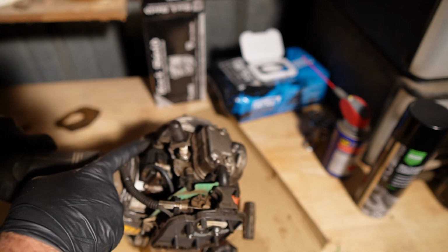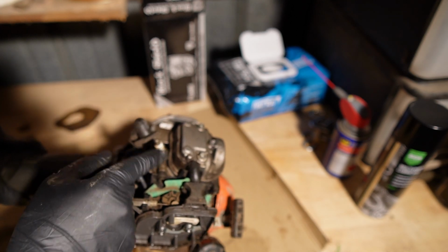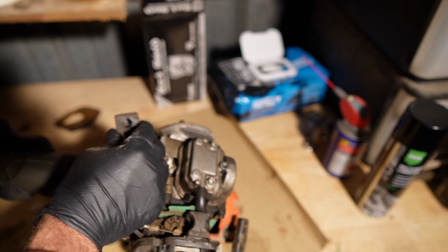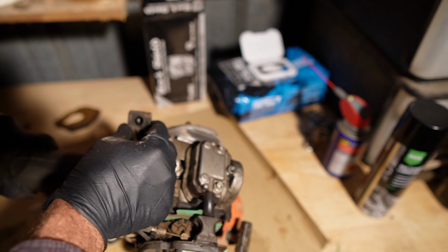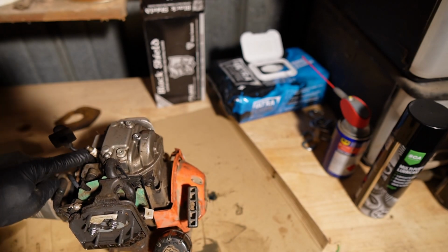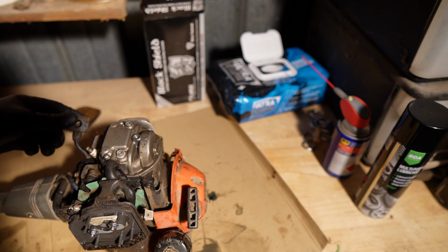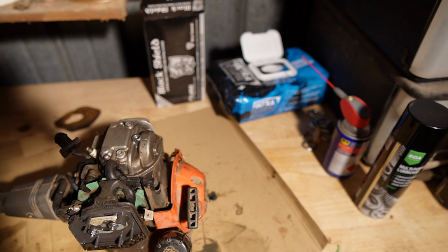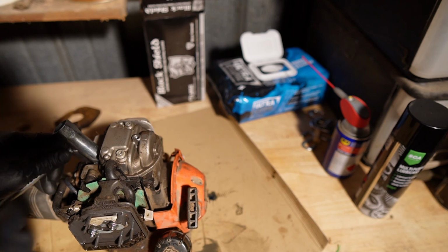These things can bend and break in different places, and periodically they get a little corroded inside there. Can't quite see what's going on there, but I'm going to assume that that's fine because this is in pretty good condition. That may have even been replaced because it kind of looks newer than everything else in there. I don't know if you can see that, but now we're going to take the little scrench